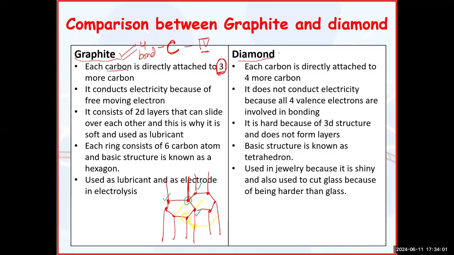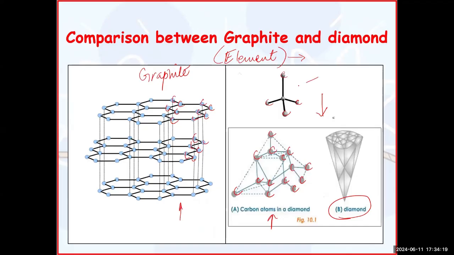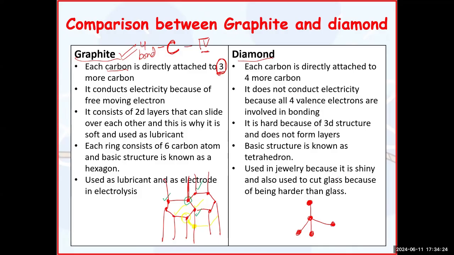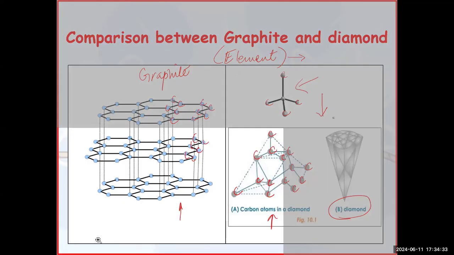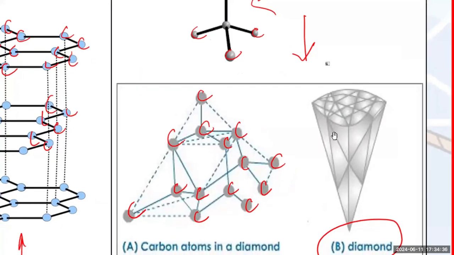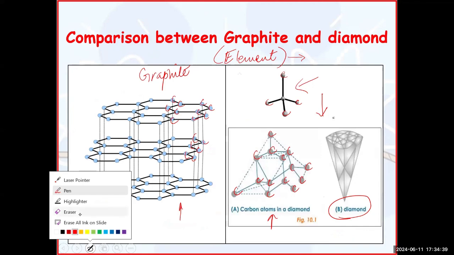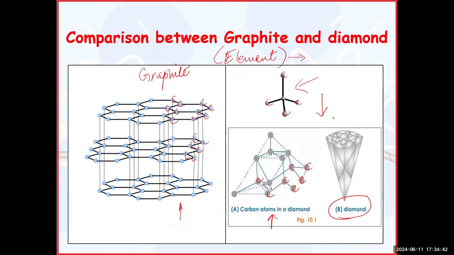Now if you look at diamond, the carbon in the diamond is attached with 4 more carbons like this. This was the arrangement in diamond, you can see. So the structure was developed on this basis, and when it develops, you can see what it is forming. It is forming a giant lattice which is going on in all directions.